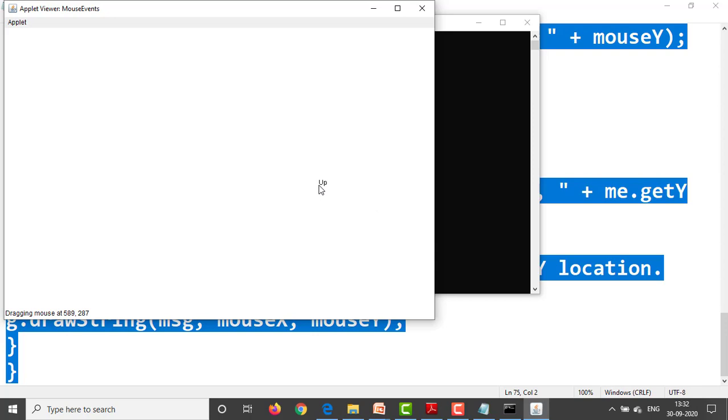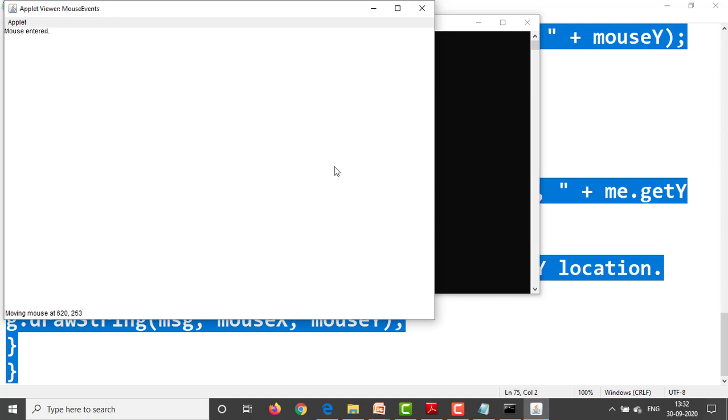Okay, now up is there. Up event, mouse released, mouse pressed, mouse moved, mouse clicked, mouse entered, mouse exited. Like this, seven methods are implemented in this program. Okay guys, did you get this?